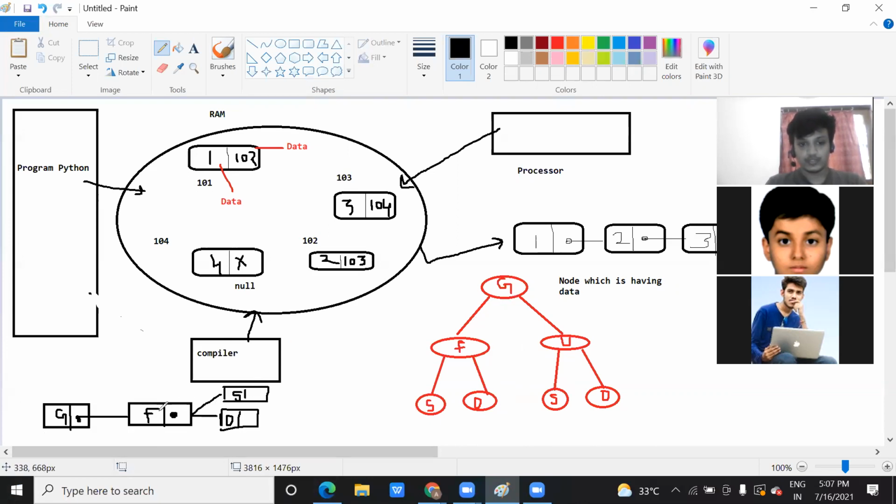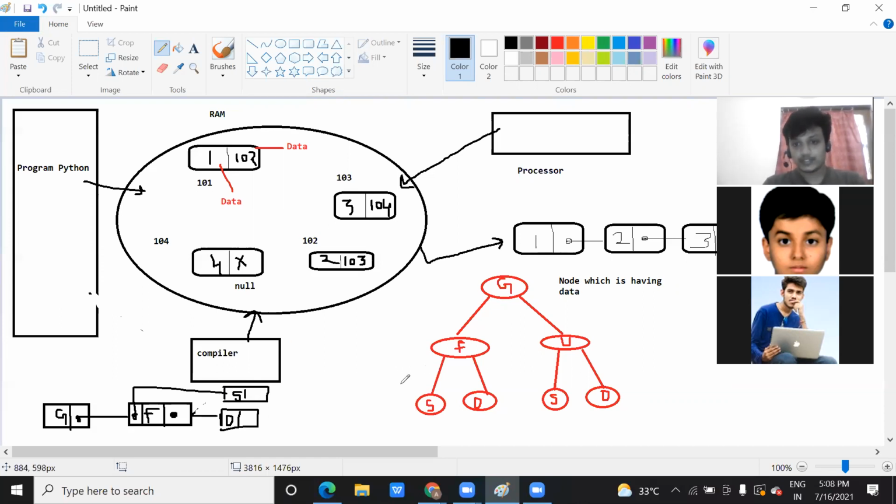Now actually this is one address I have explained to you, but there can be a double list also, where you can have a pointer at two sides. One pointer you can connect with this son. This is a deeper topic, right now you don't need to go in such depth. You just make a connection with D, and this other pointer is going to make a connection with this S. So each node can hold the address of another two nodes also.